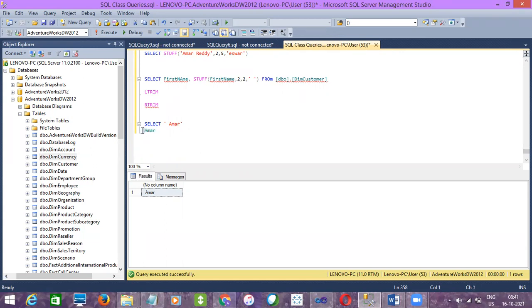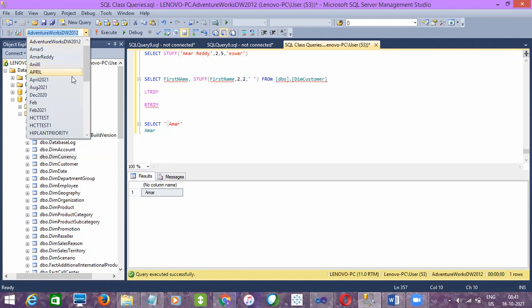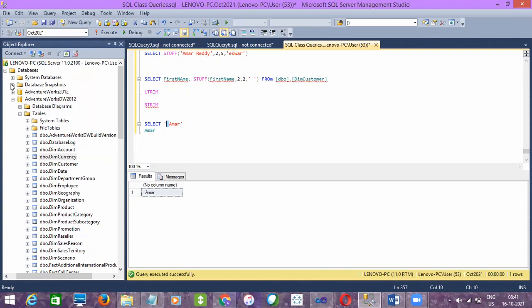See, can you see a gap here? Which means there are left spaces in the string. And if you're trying to access this value, you cannot access it. If this kind of value is there in the table and you are trying to fetch it with Amar, it won't retrieve. We have to give it with the space also. Let me show you that example. Maybe I'll show you the table. Let's go to October 2021.